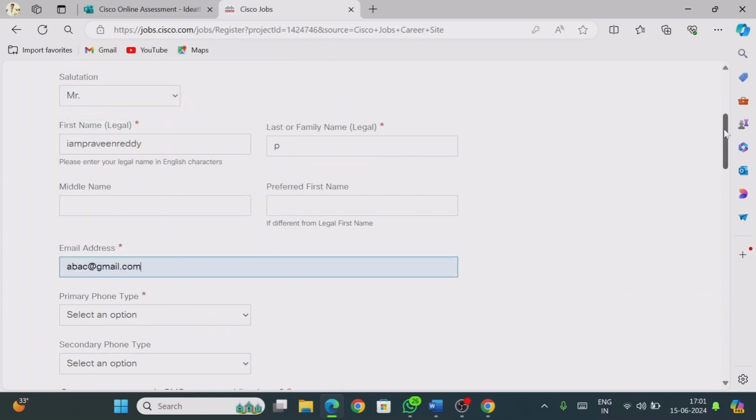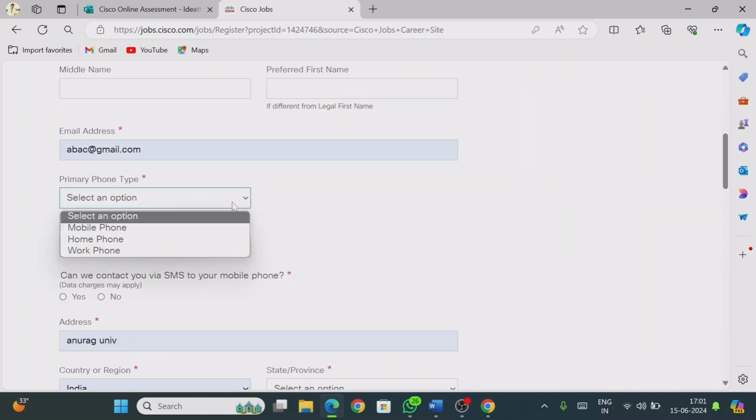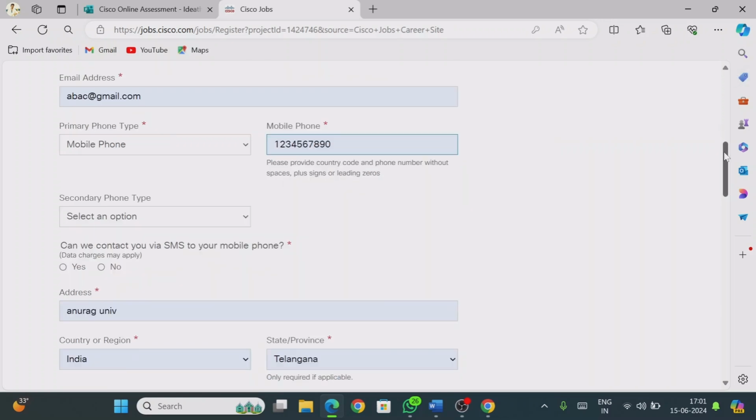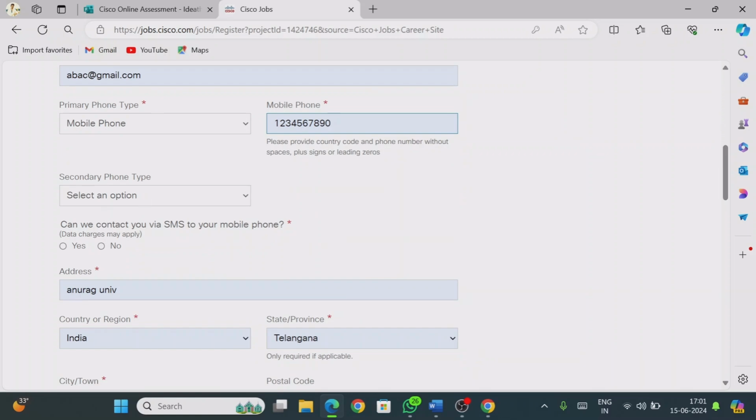Once it is completed, we need to give the primary phone type. Mobile phone or whatever it may be, you need to enter your particular number. Secondary phone type is optional, it is not mandatory. Whichever has the star mark is mandatory, the remaining will be optional. Now they are asking whether they can contact you via SMS on your mobile phone, data charges may apply, so it is better